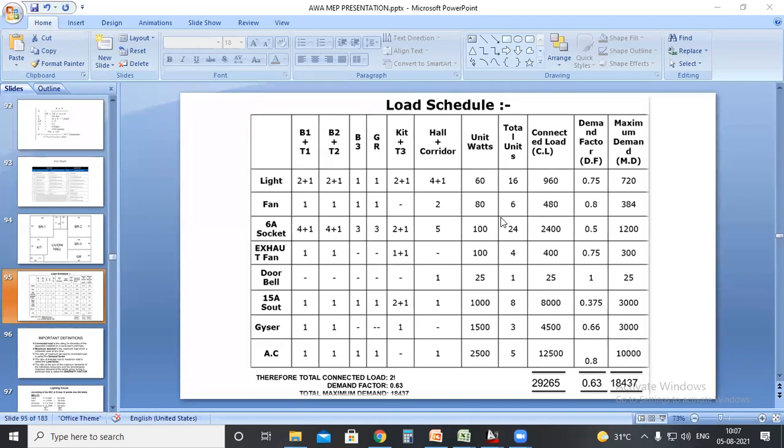So whether to provide separate distribution board for light circuit or power circuit. In case of a residential building, it is not mandatory to provide separate distribution board for light and power. Most of the clients will be demanding, I need only one distribution board. Why unnecessarily take two distribution boards? He will be asking like that. But the intention is to separate the lighting circuits and power circuits in a separate DB.